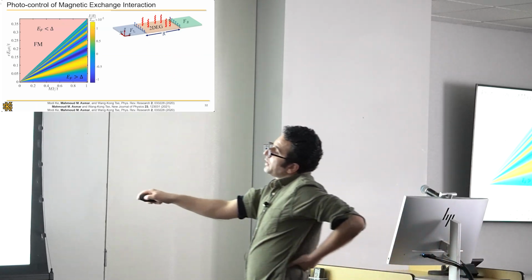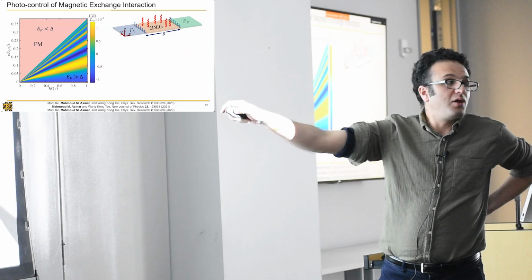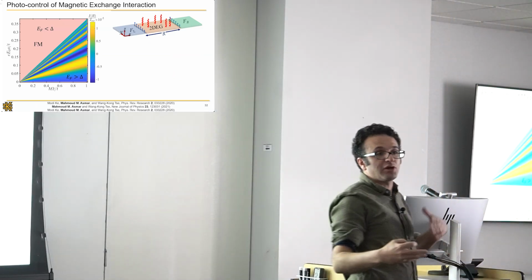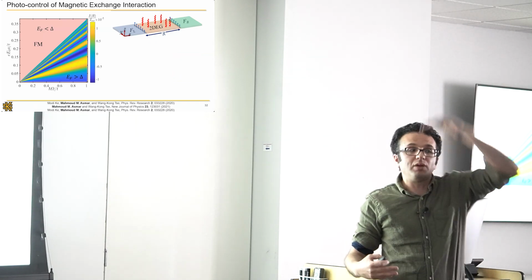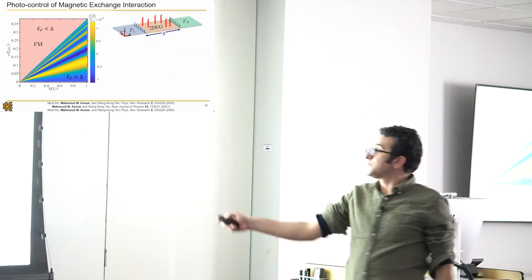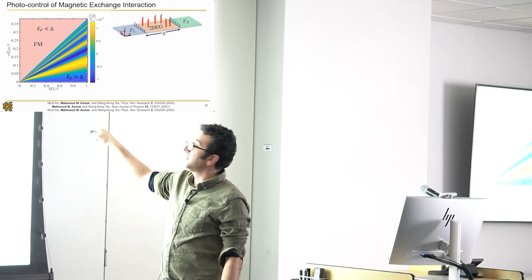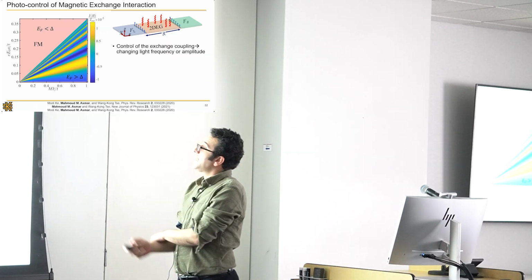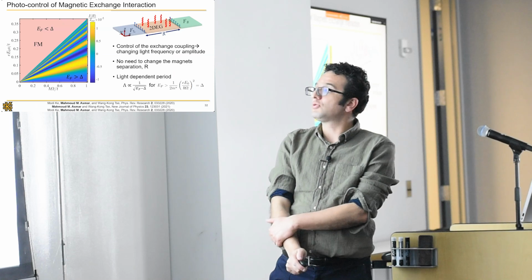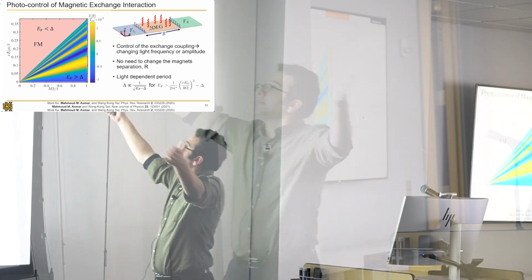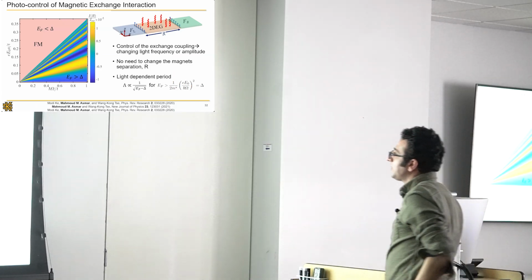But then we should be careful because if we keep increasing along this line, there will be a regime in which my system becomes almost as an insulator because the main occupied band will migrate above the Fermi level. At this point, I cannot control this RKKY anymore, and whatever was ferromagnetic remains ferromagnetic forever. We can control the exchange coupling. We have a certain regime in which we can control the exchange coupling, so we don't need to change the R, basically the distance, or change the sample. We don't need to build a new sample, we just need to use different light matter parameters.